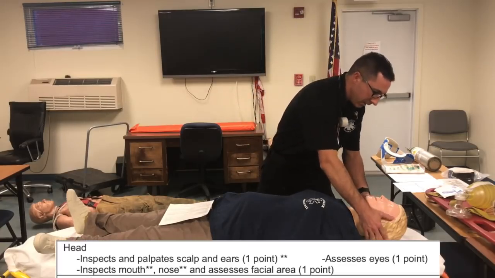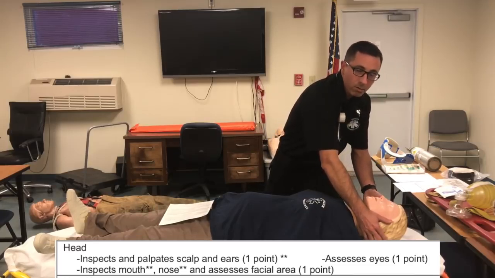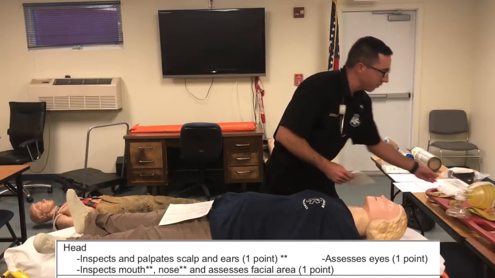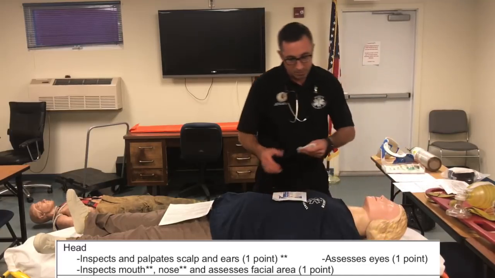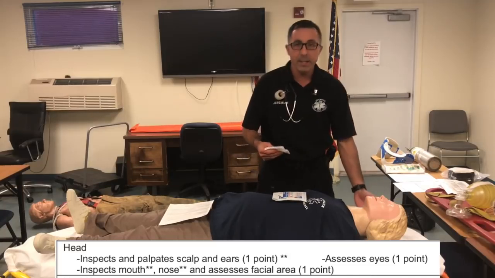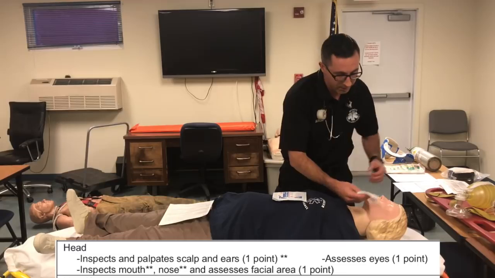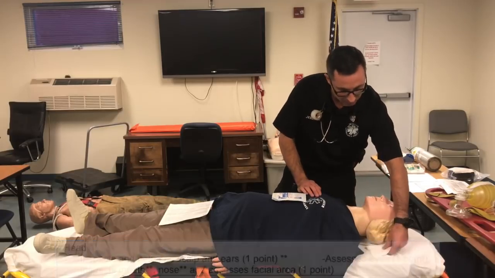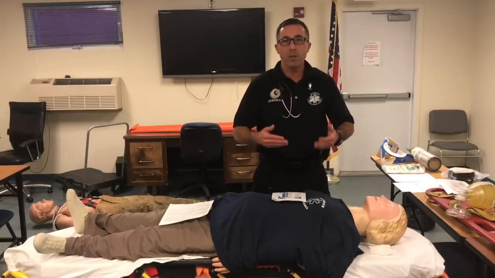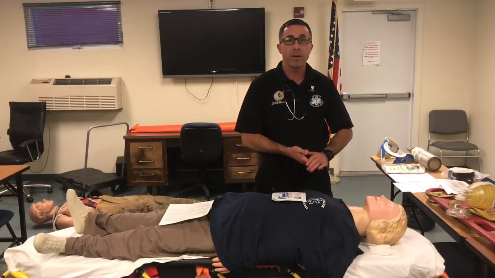All right, so we'll assess the ears for any blood or CSF, and we're looking for any bruising, also called battle signs, behind the ears. One way you can assess for CSF, from what I've read, I've never actually seen it out in the field. If you had bleeding coming from the ears, you would take a 4x4 piece of gauze,